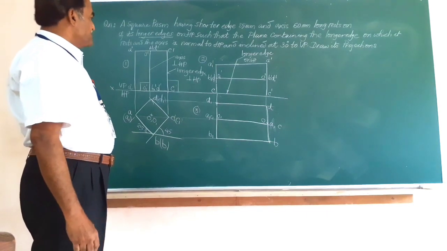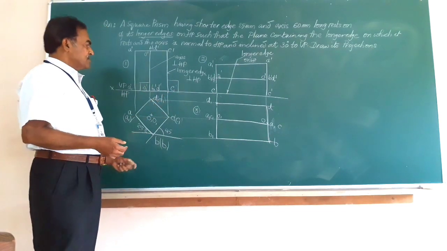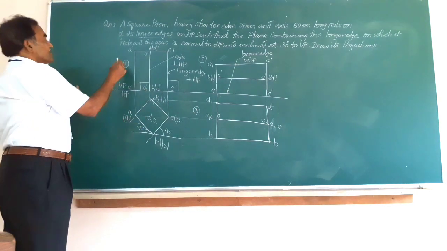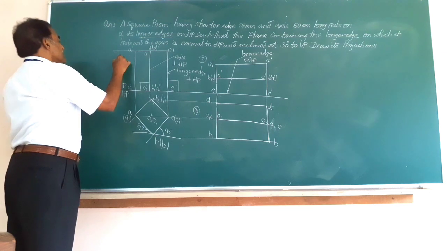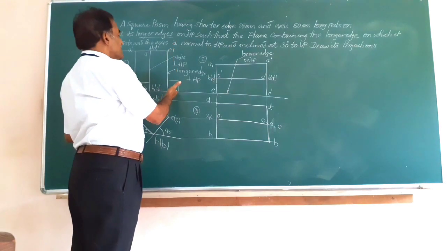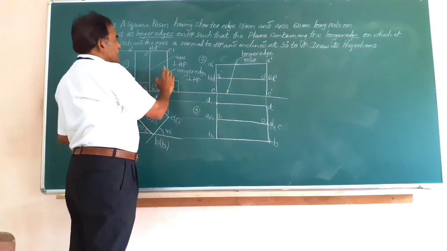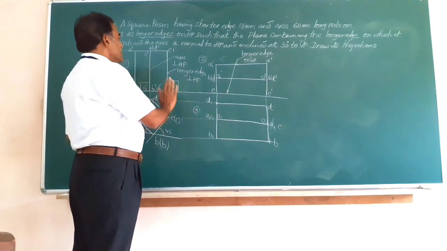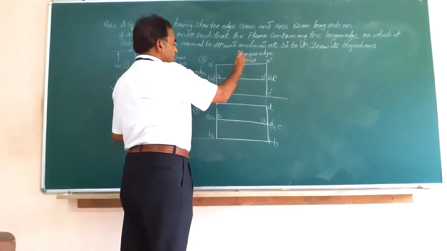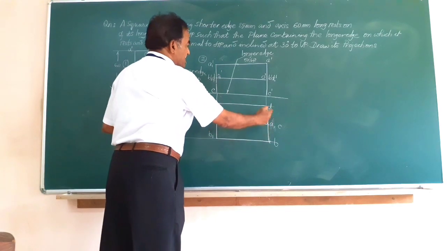Friends, you can see in the initial position, the object was resting on one of the square faces, and it was seen as a square in the top view and as a rectangle of height 60 millimeter given in the question. This is the height of the solid. And then the last line indicated one of the longer edges of the solid, which was perpendicular to HP. As per the problem, the object has to rest on one of the longer edges. So I have redrawn this figure by making this C dash C1 dash rest on that. I got the corresponding top view and the rectangle D1, B1, BD.